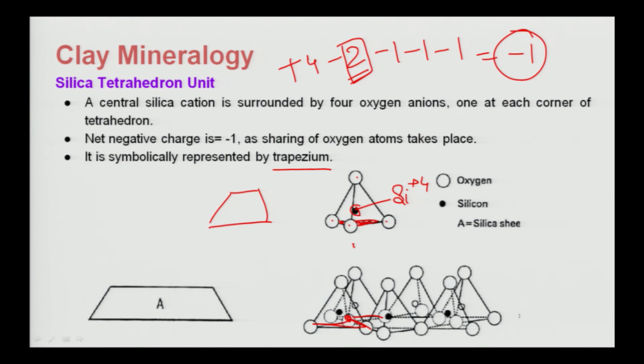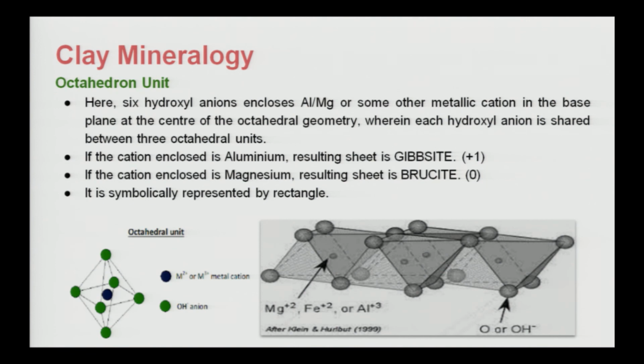Now, going on to the next topic here, octahedral unit. When we discuss this octahedral unit, here 6 hydroxyl ions enclose aluminium or magnesium or some other metallic cation in the base plane at the center of the octahedral geometry. See here, if this is a base plane, so one point is here, second is here, third is here, fourth is here, and one is at the top and one is at the bottom. So, see here, how is an octahedral unit formed here? This one is the top, these 4 constitute a base, and this one will be at the bottom,